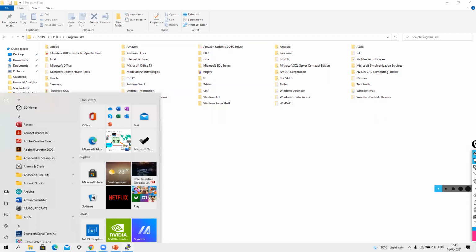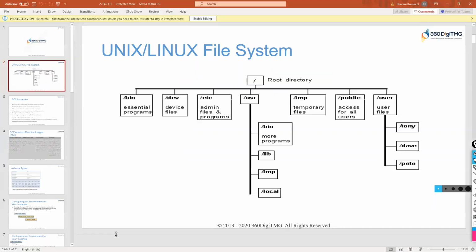In Linux OS, USR is like that. USR is like your program files folder. If you install anything on your Linux OS, USR will have those things. And again, it has lib, temp, local as subfolders. This is your recycle bin for Linux, /temp, and /public for all users, and some /user files.